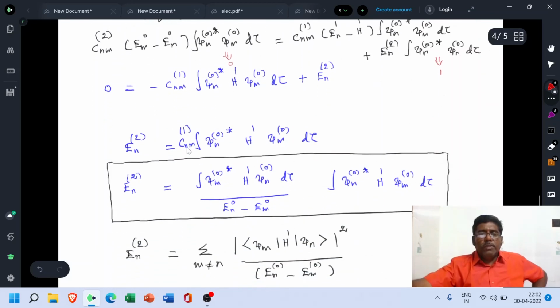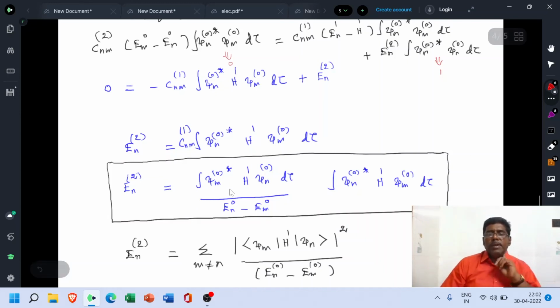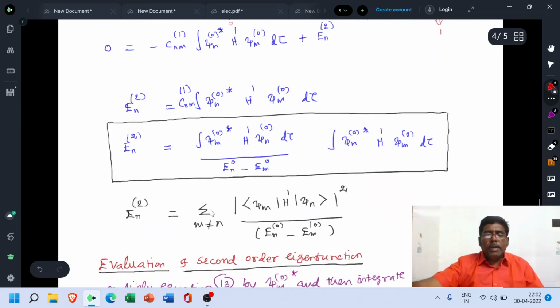We know the value of Cnm of 1, already we have evaluated this value. Substitute that value, then we can get En of 2 equal to psi m0 star H1 psi m0 d tau divided by En0 minus Em0 into this term psi m0 star H1 psi m0 d tau. In matrix form we can write summation over m not equal to n, then modulus square of psi m0 star H1 psi n0 into this term psi n0 star H1 psi m0 is expressed in terms of modulus of